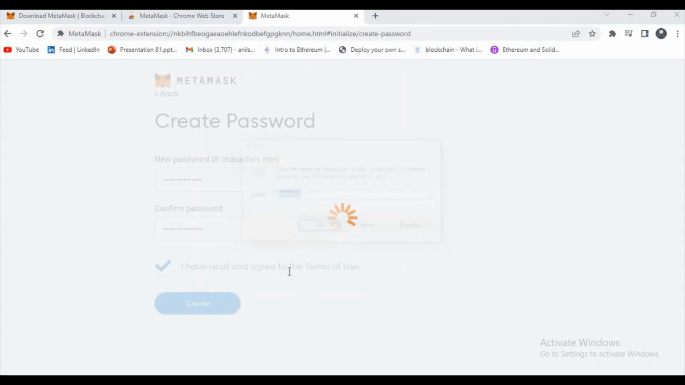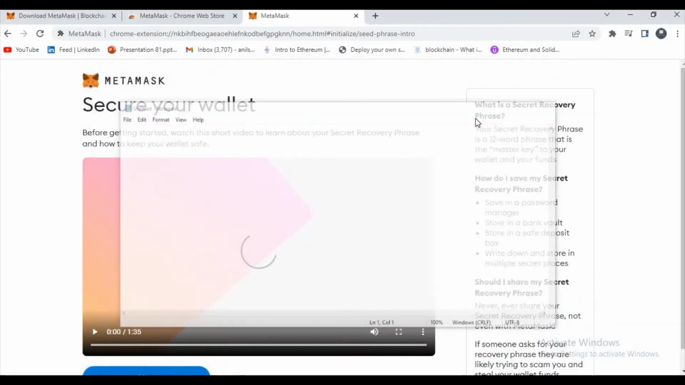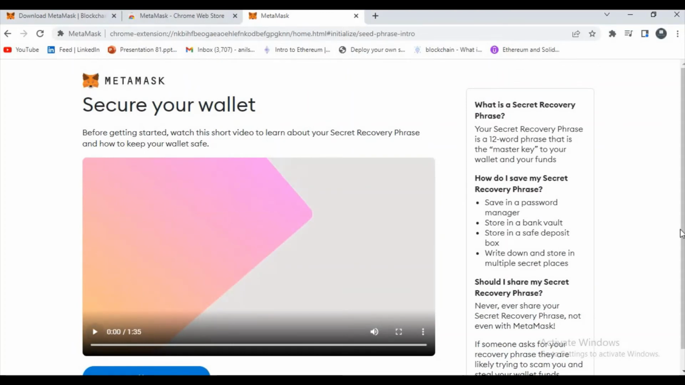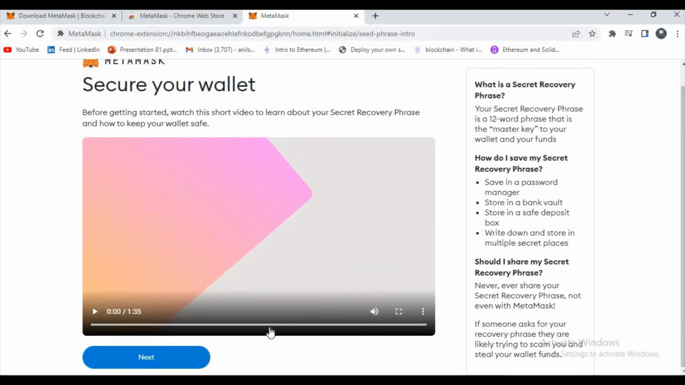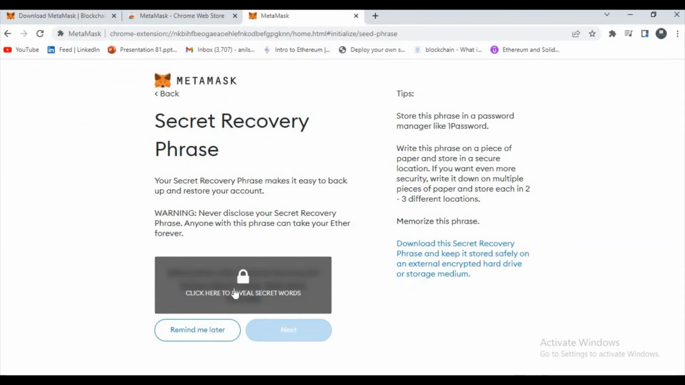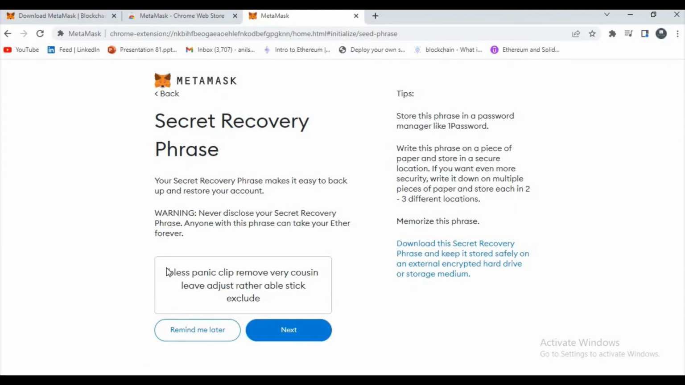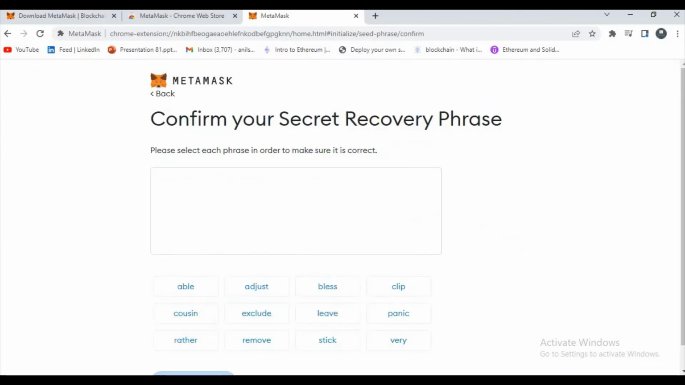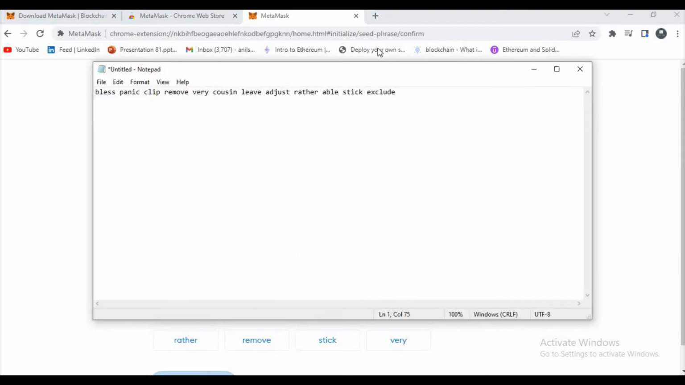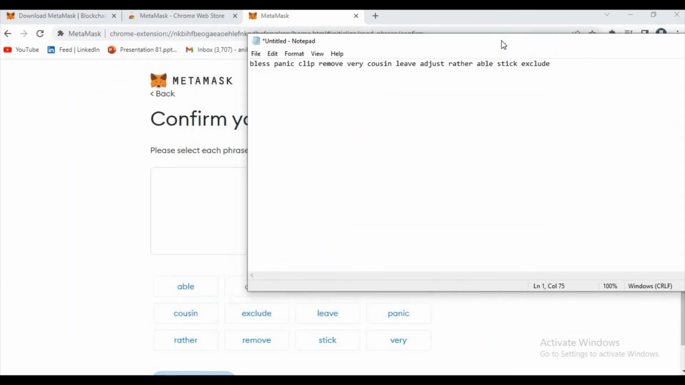Meanwhile, open Notepad. Okay, and guys, when you are creating, just have a look at this video. You can understand what this secret recovery phrase is and how important it is. Okay, let's click on this. Now let's copy this. Now let's select this. Okay, based on this,